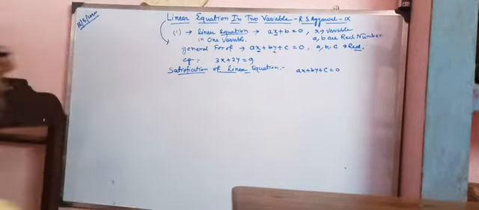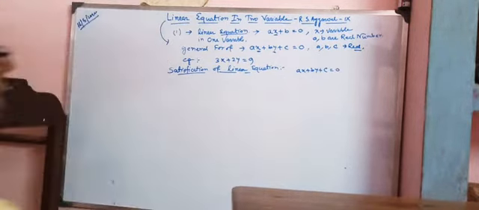Now for which values this expression comes to 0, those values satisfy this equation. For which values of x and y does the left hand side come to 0? Since my right hand side is 0, the expression should come to 0. So those values